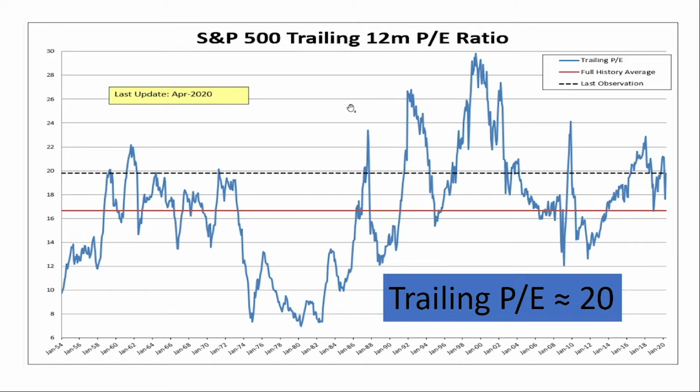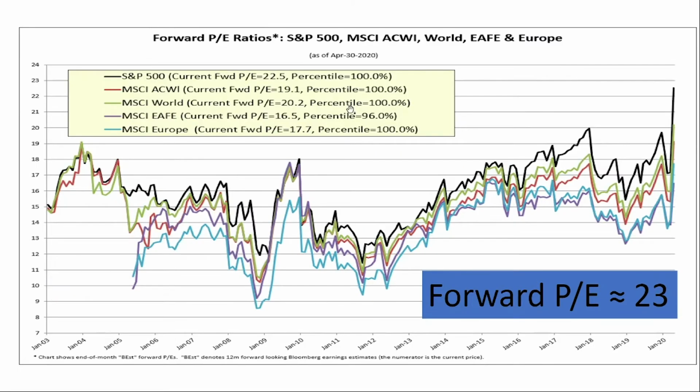But who's to say that the last 12 months of earnings are going to be reflective of the coming 12 months worth of earnings? We don't know what the future holds for sure, but we go to the second chart here. It's called the forward PE ratio. In the numerator, the price is still the current price. But for the denominator we're going to use analyst estimates. What do analysts think earnings are going to be in the coming 12 months?